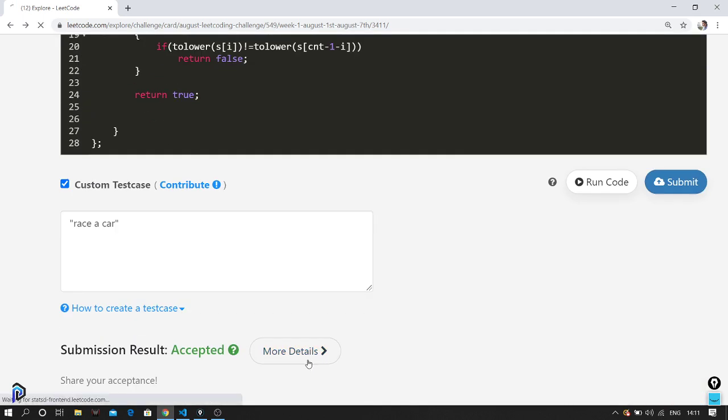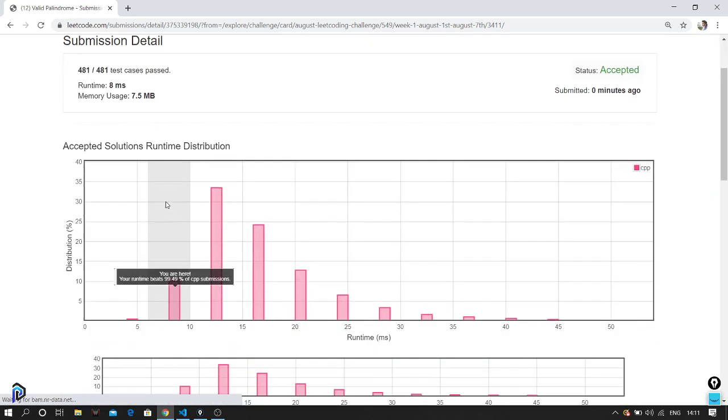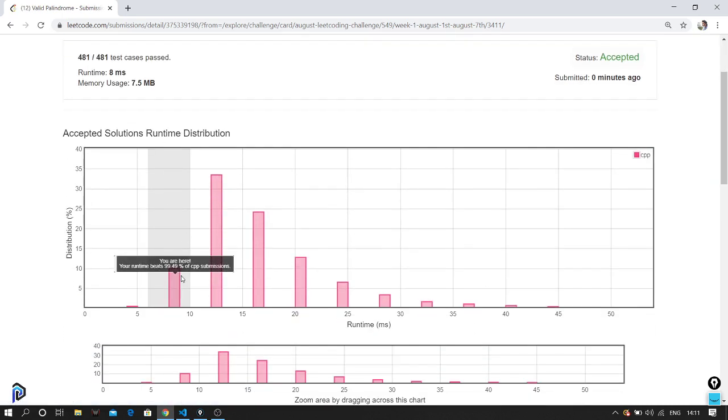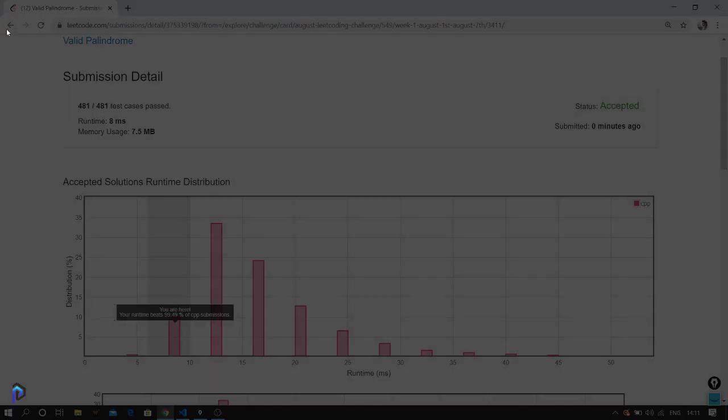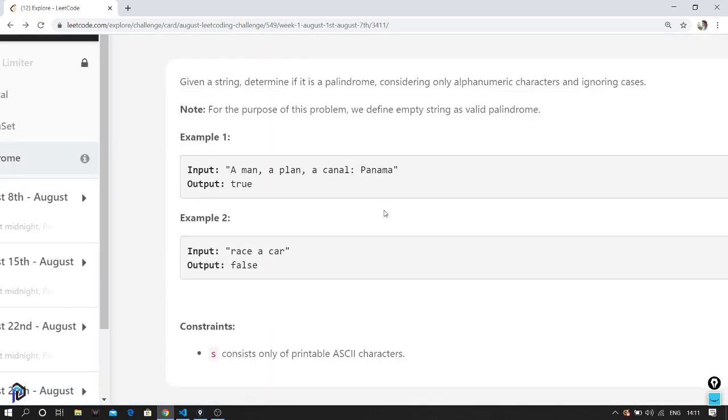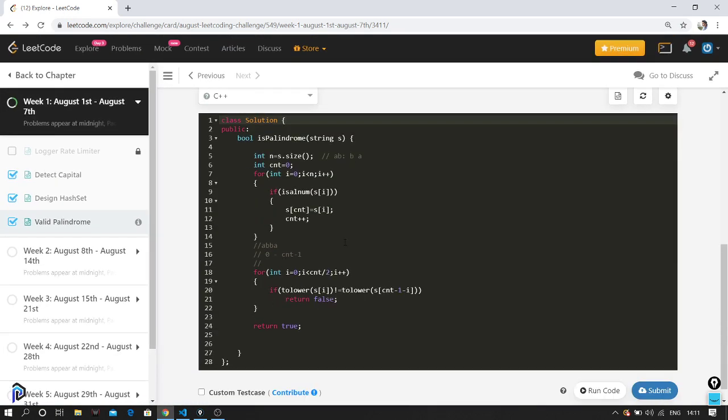So let's look at the complexity. We are able to get a very good time complexity over here, running within 8 seconds. What we are doing is quite efficient. But the problem is that the array we are returning is swapped, so the string is not the same as the original string we have.